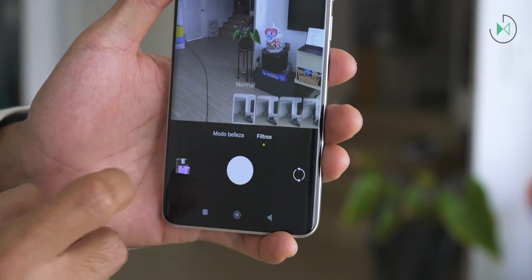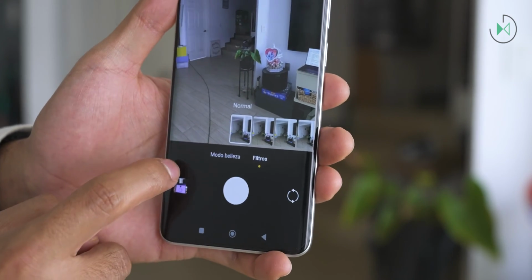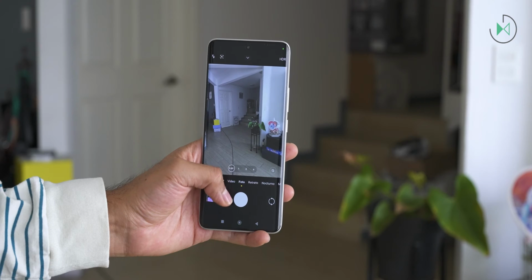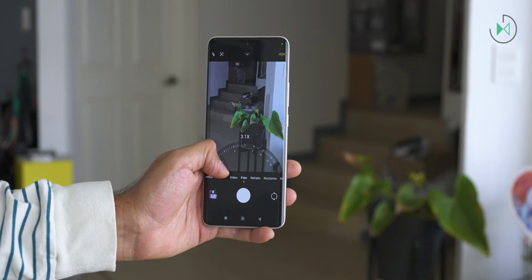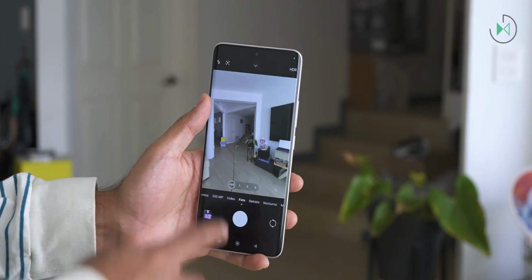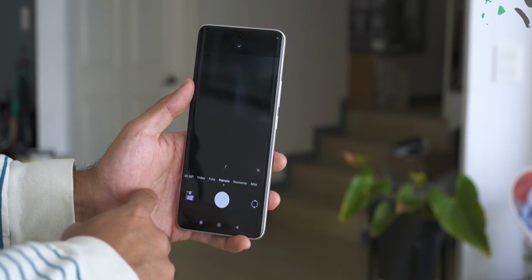Again, in the bottom right corner, we have the button for beauty mode or filters, but in this case, beauty mode only has one setting, unlike the front camera. It has quick shortcuts to change the focal length or zoom of our picture, and you can also swipe with this ring, so the experience is quite comfortable in that sense. You can tap on the screen to adjust the exposure or the focus,